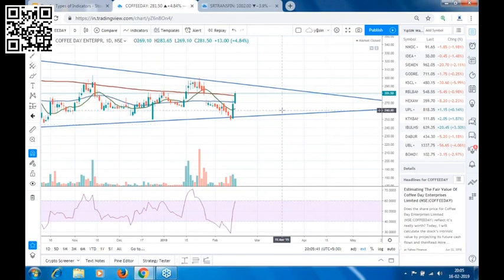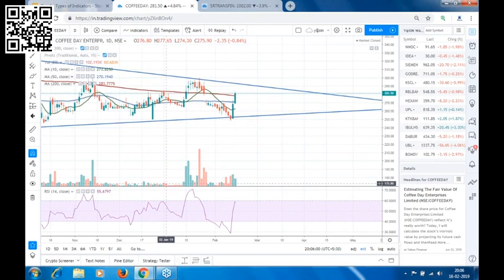Now if we see the stock of Coffee Day, this is a bullish Marubozu candle, and you can see the stock has crossed the 50 period moving average and 200 period moving average, and the stock closed above the 200 period moving average. And if you see the RSI also, RSI is somewhere about 59. That means it is about to cross 60. Now, if I look at a daily chart, the stock looks good to me for trading.